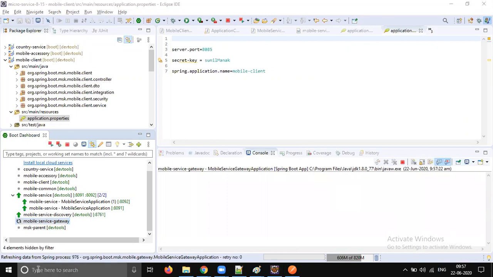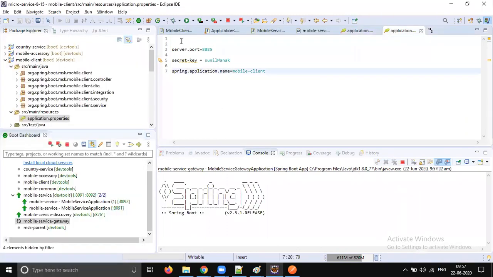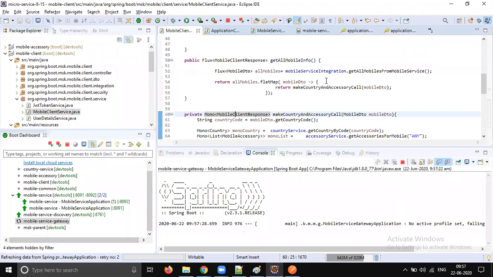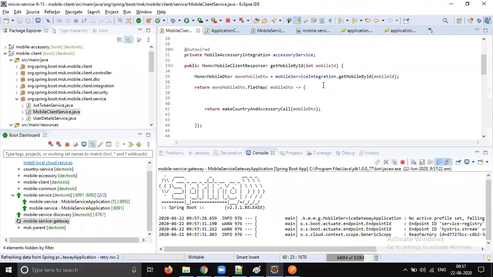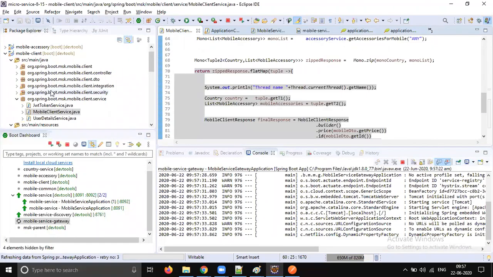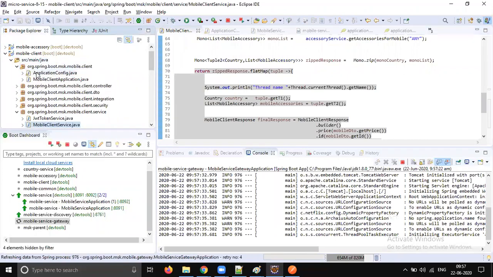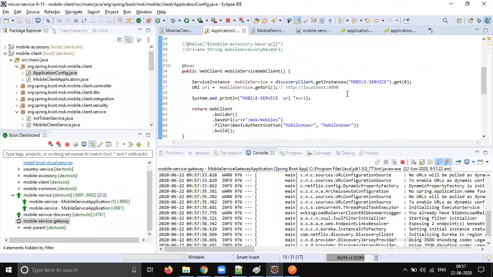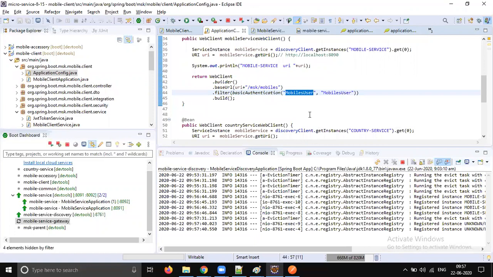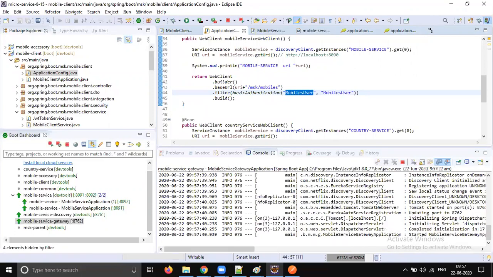In between, do you remember what is the user we have in the client? What is the username we need to enter for mobile service? Go to configuration, client configuration. There is some authentication available. The user is mobile. Yeah, it's started now.